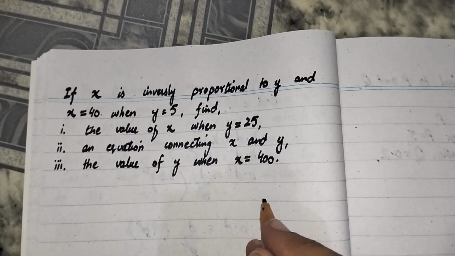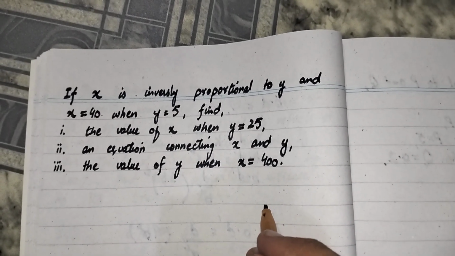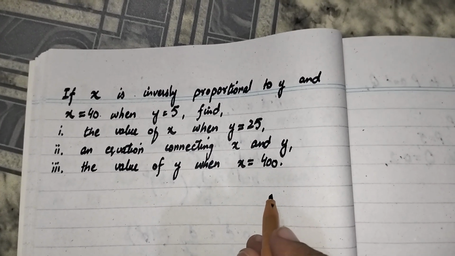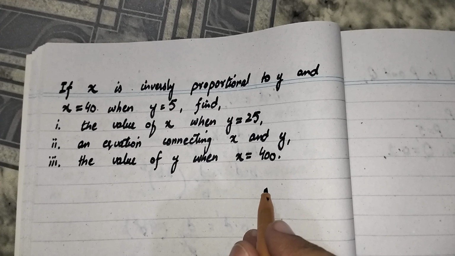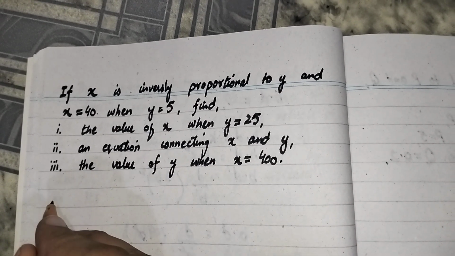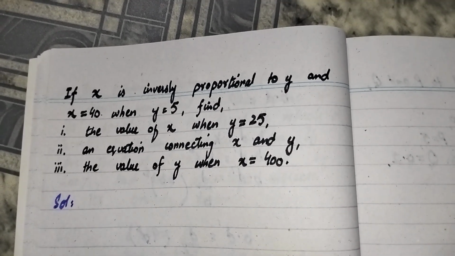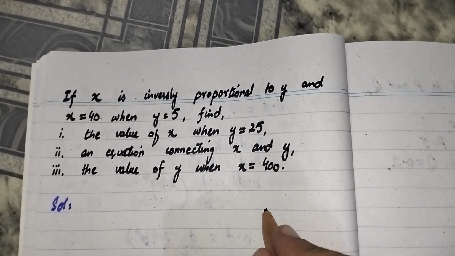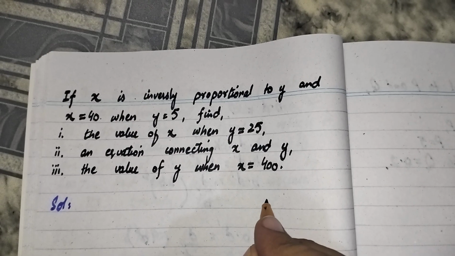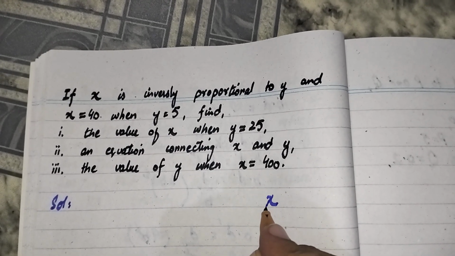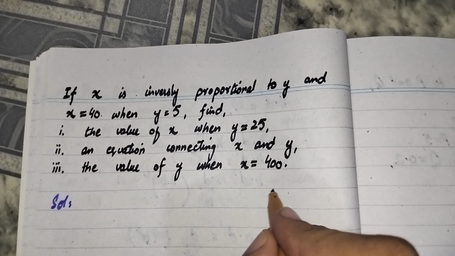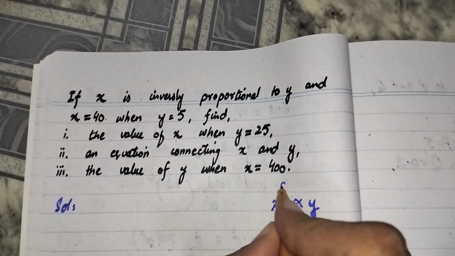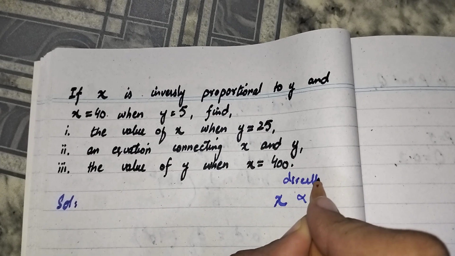In the last exercise we have studied the directly proportional, the two variables which are directly proportional to each other. From this exercise we have inversely relation between the two variables. So have a short discussion upon the directly proportional. Whenever we have discussed in the last exercise that whenever the two variables are directly proportional, for example, if x is directly proportional to y, we take x is directly proportional to y. It is for directly proportional.